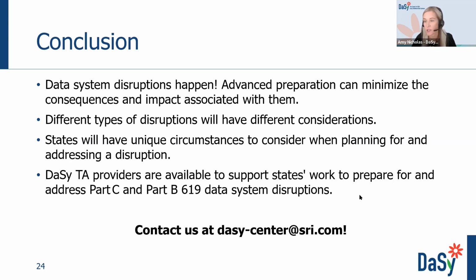Can you all see the results? Yeah, okay. So a little bit of everything. Looks like the most common one is providing advanced communication about planned downtime, whatever method you might use for that. Some of the other ones there look to be pretty evenly distributed. I don't know if the individual who selected other might want to unmute yourself and share. I'm not sure who that was. Okay, if you don't. All right. Well, thank you for sharing that. We're just curious to see where folks stand with some of those action steps.